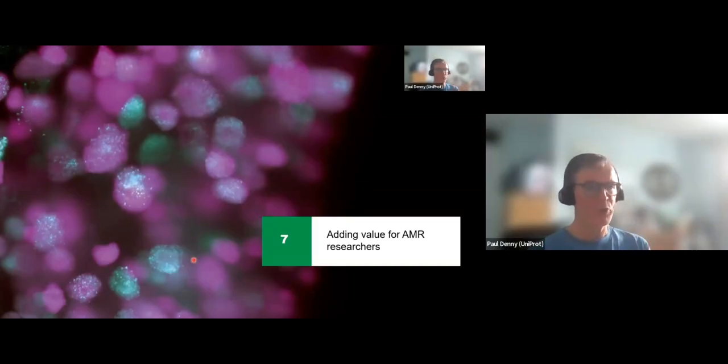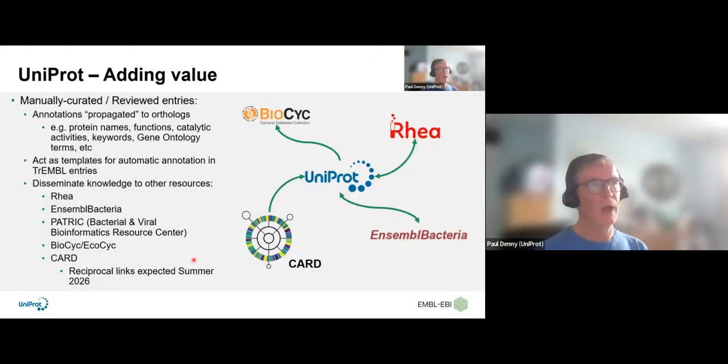Those are my main examples of proteins which have been curated. It's only scraping the surface of the wider set of proteins that UniProt have curated. Now I'm going to say a little bit about other ways in which UniProt adds value to the AMR researcher community. So I mentioned right back at the beginning that we have very many links to other databases, and that's important. But the other thing that I didn't mention is that part of the process of manual curation is that we often will